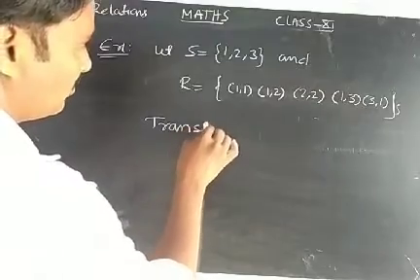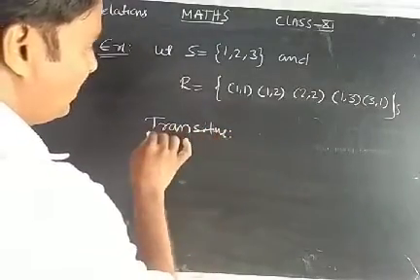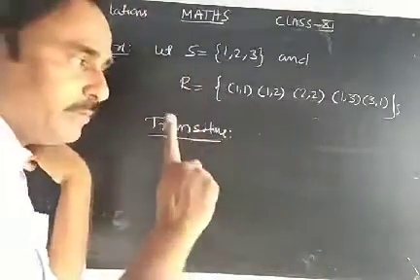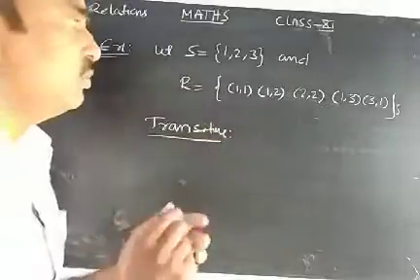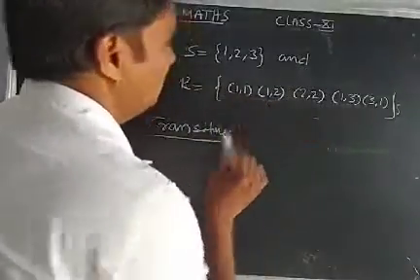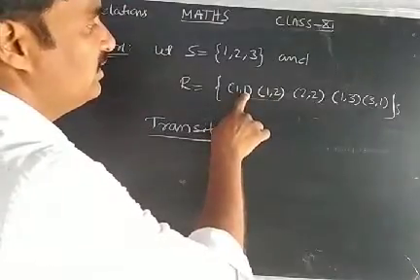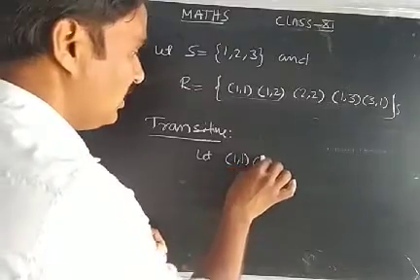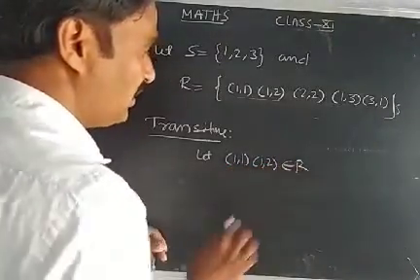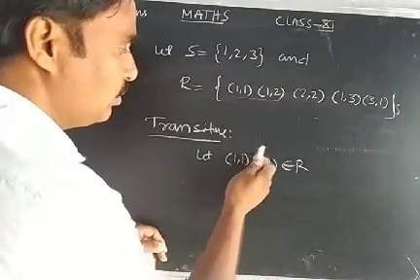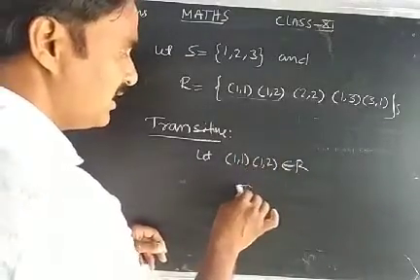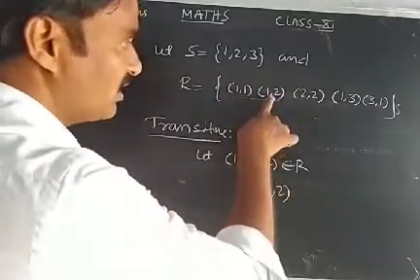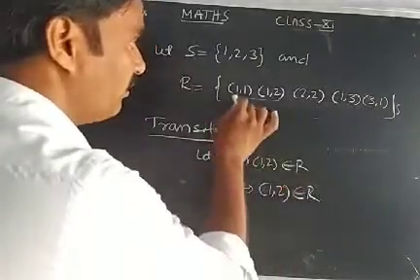Now we check the transitive property in R. To check transitivity, how many ordered pairs do we have to take? Two ordered pairs. And how to take them? The second element of the first ordered pair and the first element of the second ordered pair should be the same. Suppose I am taking these two ordered pairs, 1 comma 1 and 1 comma 2, the second element and first element are equal. Both belong to R. Remove the second element of the first pair and the first element of the second pair and construct the new ordered pair 1 comma 2. Does it belong to R? Yes, it belongs to R. For these two ordered pairs, no problem.